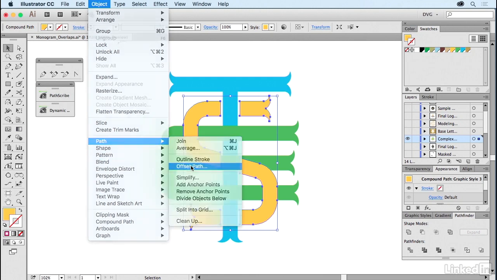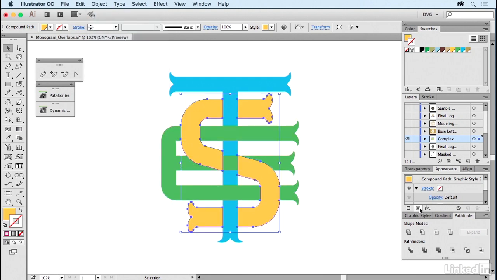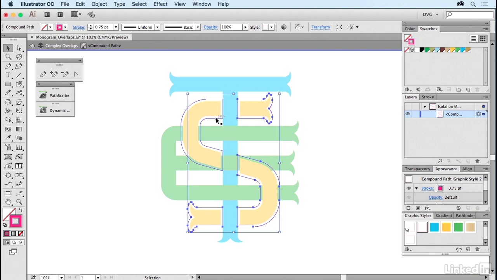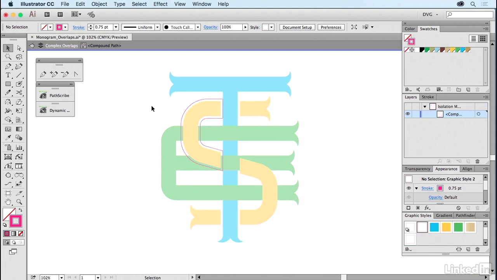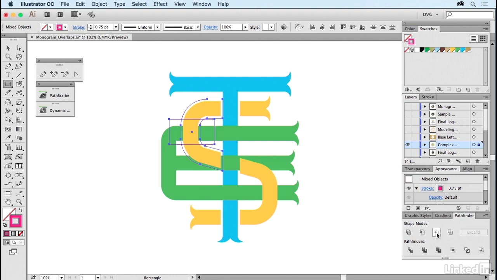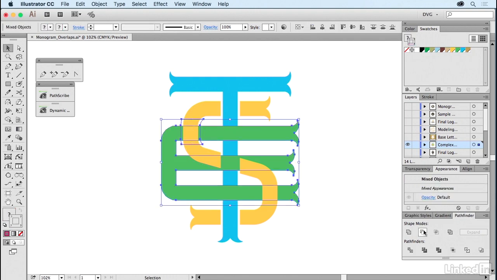path, offset path of 6. And once again, so you can see it, we'll color it this. And I don't need all these shapes, so I'll just tap into isolation mode, get rid of what I don't need. And now I'll just isolate the area it's going to overlap, select this shape, intersect it with Pathfinder, and then if I punch this out of the E shape, it starts to create that illusion and overlap that you